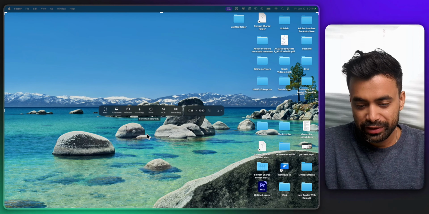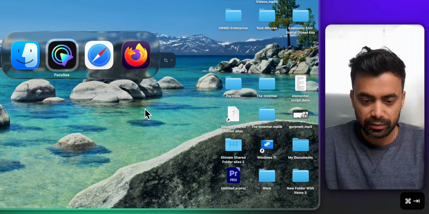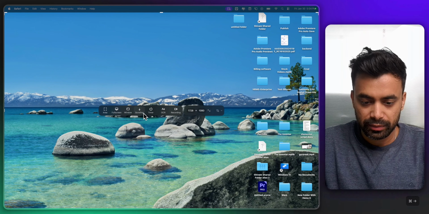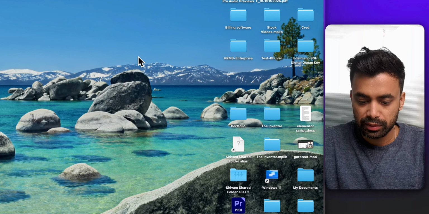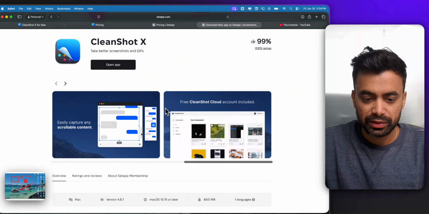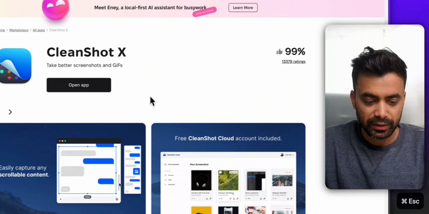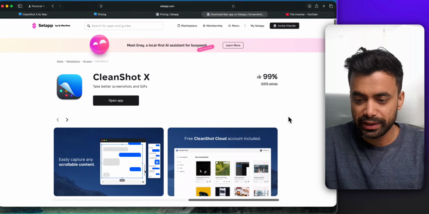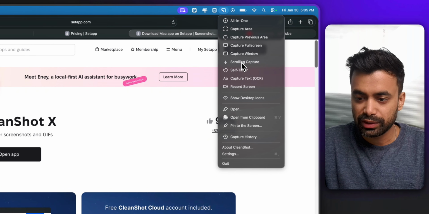Let me show you. So if I open up a browser quickly, so I'll just cancel this one for now. So if I open the browser, so let's say I want to take the screenshot of the whole page. So what we can do is, let's just also get rid of this. So now if we click on this and just do the scrolling capture,